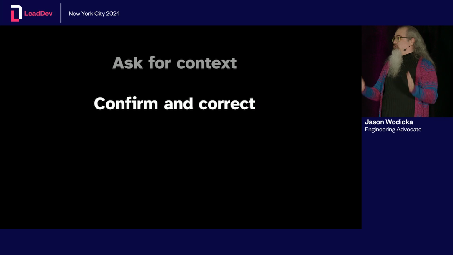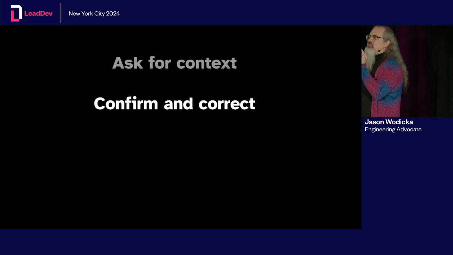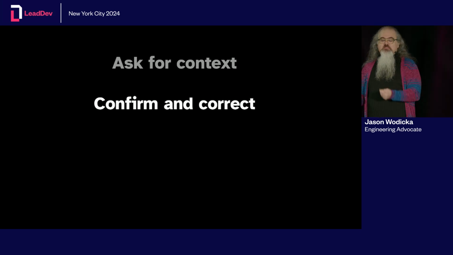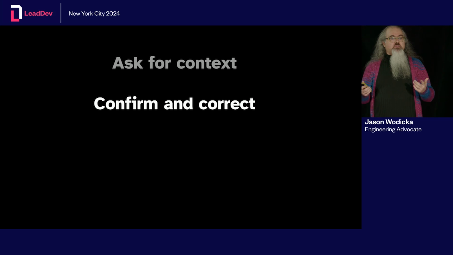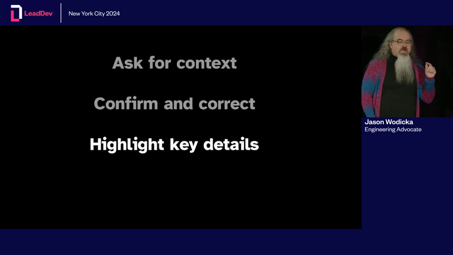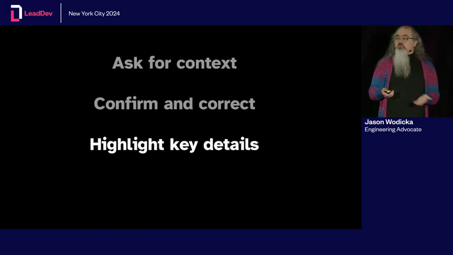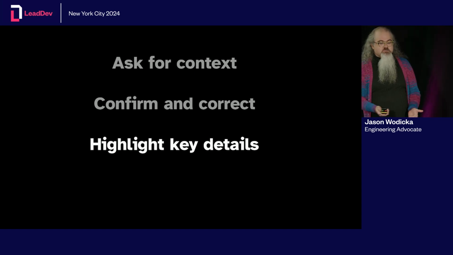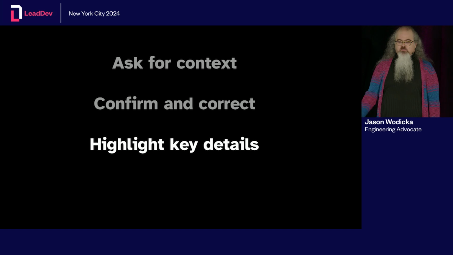If they say, "I am sure it's a bug in the compiler," it is never a bug in the compiler, you can ask, "Why do you think so?" Your goal is to make sure their explanation has rigor, that they can back up the things that they're saying, and that they don't leave important details out. And as you start to understand the extent of what they know, you're probably going to see some things that they've missed. So now it's your job to highlight those key details to them so that they're working with the full context. Part of your expertise is knowing what might be relevant, so you want to guide them to see it too. And again, we do this by leading with questions.